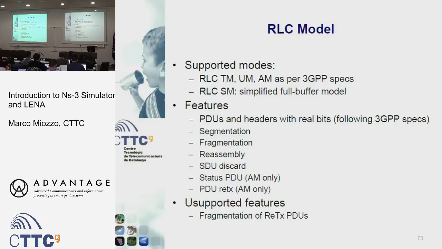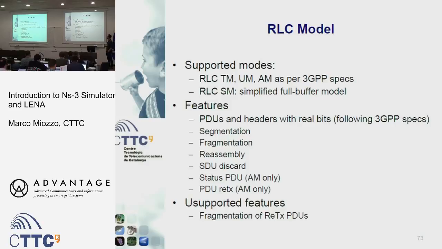The RRC model is the algorithm for managing the actual connection on a per-bearer basis. The supported modes are the transparent mode, unacknowledged mode, and acknowledged mode, as in the 3GPP specs. The transparent mode is a connection without any overhead; it is a simple bypass. The unacknowledged mode provides just the sequence number, while the acknowledged mode provides a reliable connection, so it has retransmission and queues for retransmission. The SM mode, called the saturation mode, is a simplified full buffer model used for testing when you would like to test the